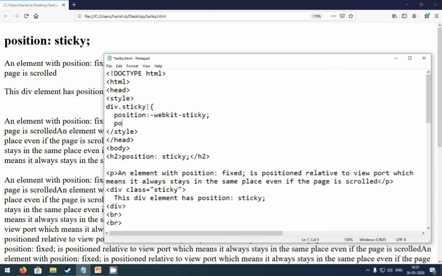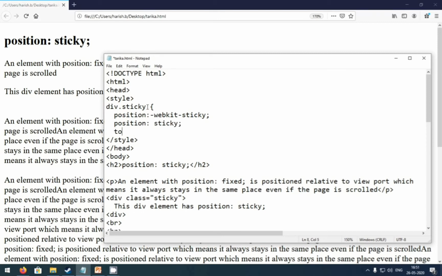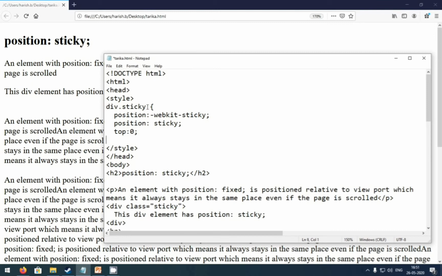If the browser won't support position sticky, we can write -webkit-sticky. Then sticky, and here I'm going to write top 0. We have to mention at least one of these: top, bottom, left, right. I have selected the top, and that will be 0.